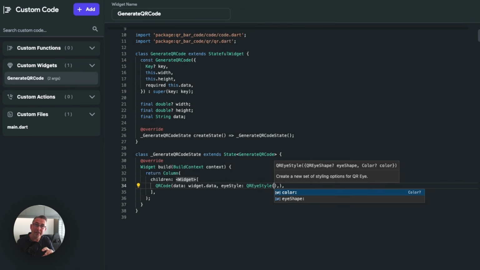If you remember back to the actual QR code, you've got the eyes in the corners that are currently square. We can actually make those circular as well, which is really, really smart. Let's focus our attention on color first. So let's just choose color, and now of course what we're going to want to do is